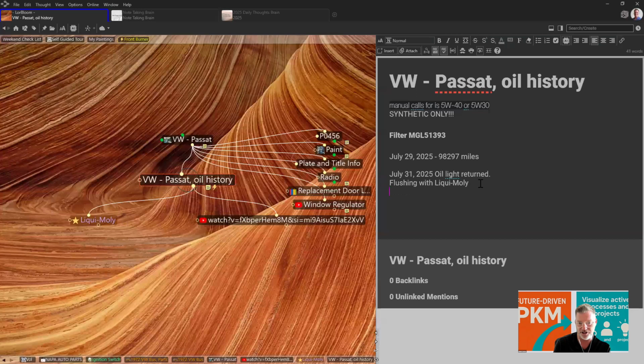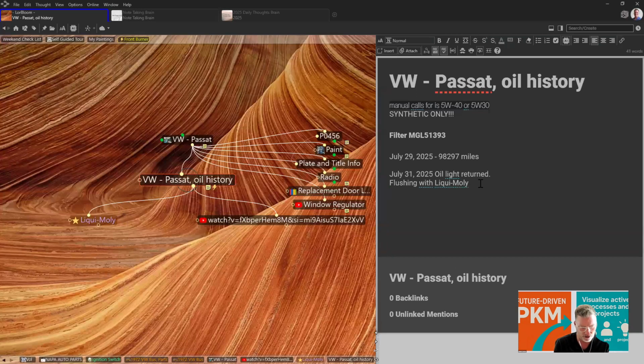One thing that we haven't mentioned yet is if I had just hit Control D, oops, Control D, not Shift D, it adds the current date and time. I use that feature throughout my brain. When did those new tires go on? When was that product installed? When was that product purchased and so forth? The date and time is very important to me.